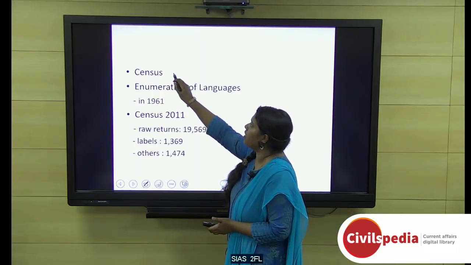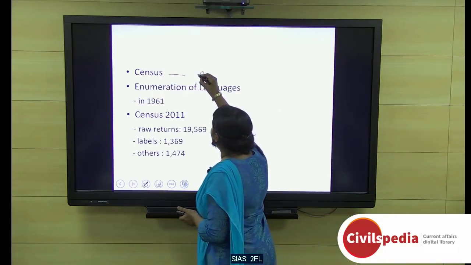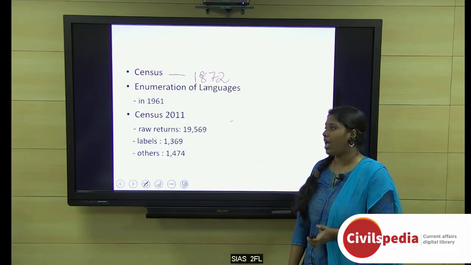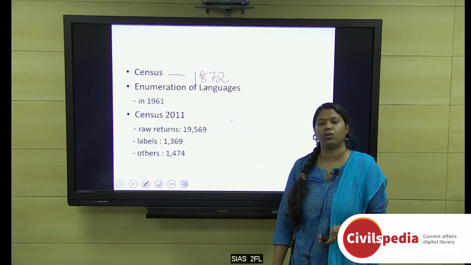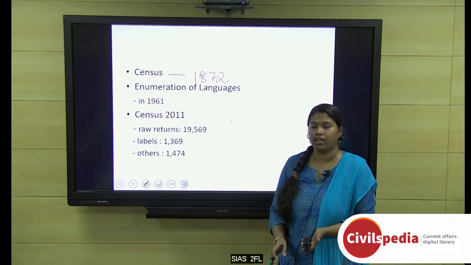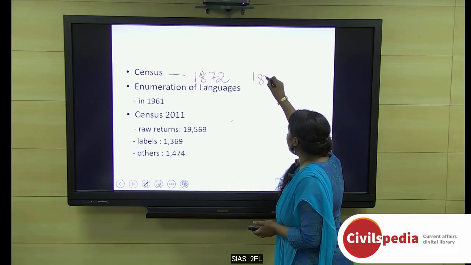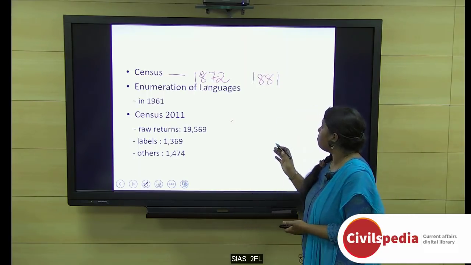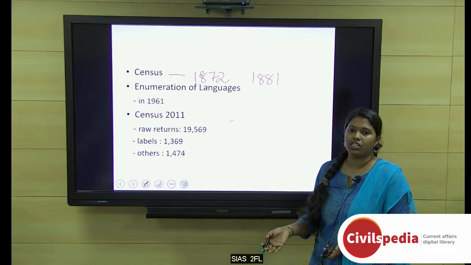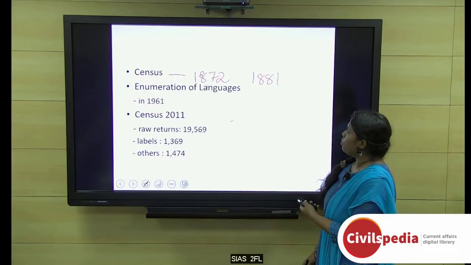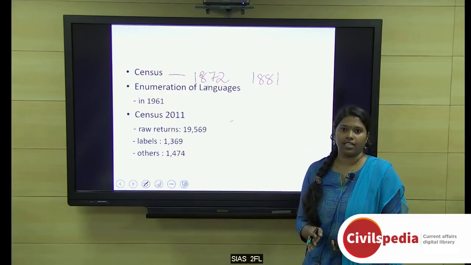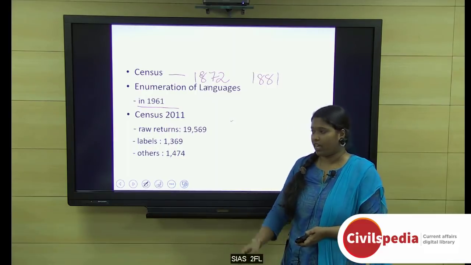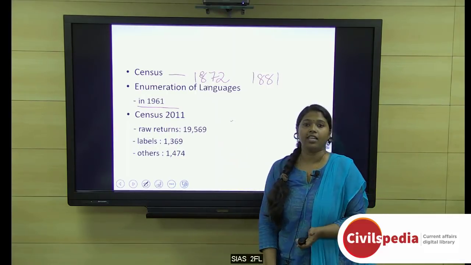So, census started in 1872, during the time of the Britishers, but at that time this 1872 census was done in an unsynchronized manner, and it was from 1881 that we really started the decennial census program, the recent one being the 2011 census. The enumeration of languages in census started with the 1961 census, and according to this data,